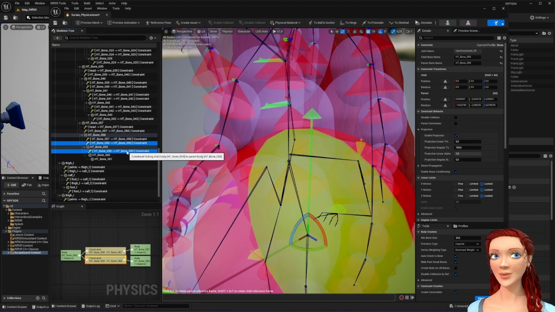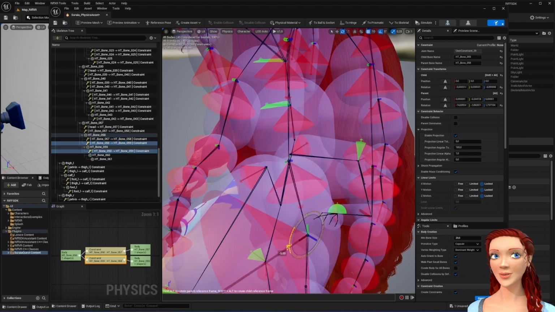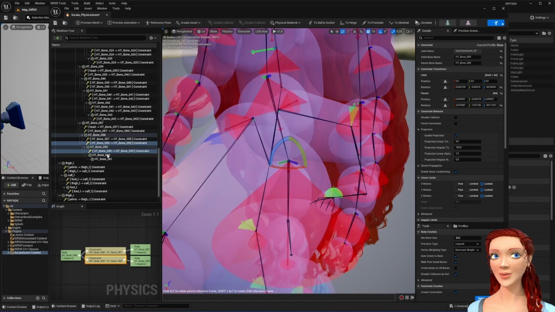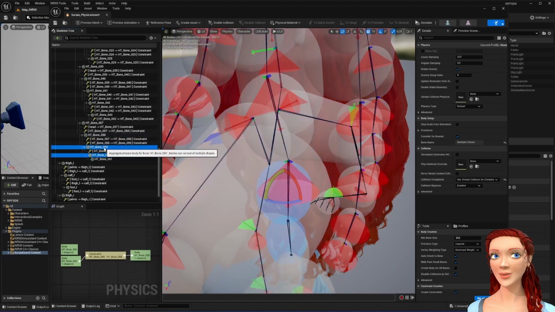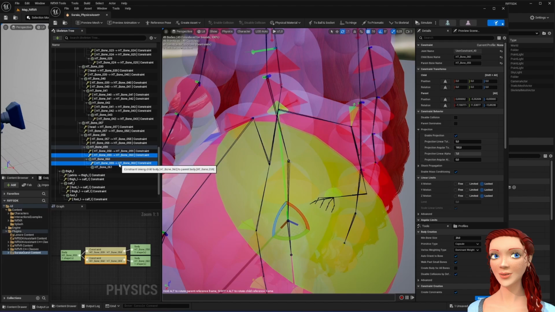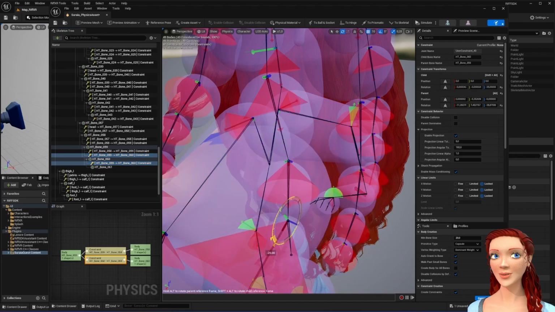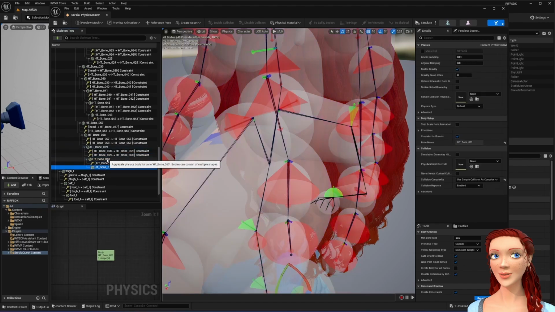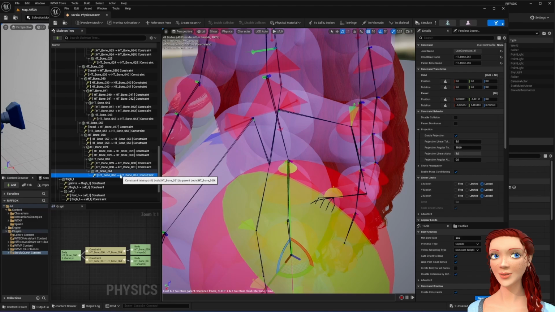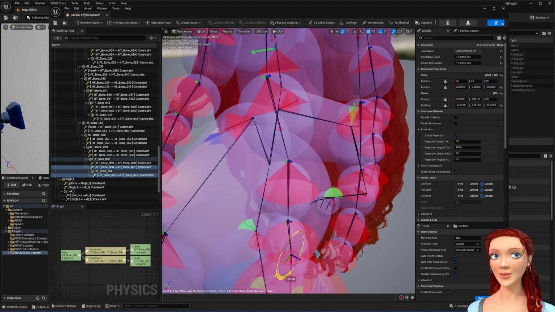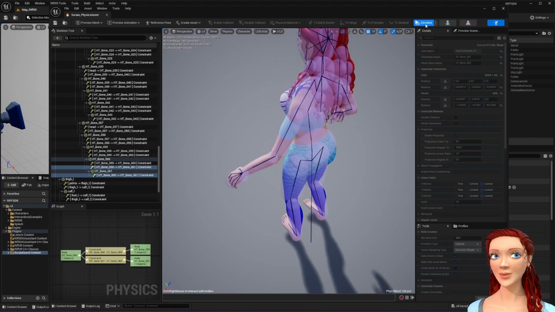Control Y. Control V. Rotate 90 degrees. Select, Control Y, Control V. Rotate 90. And then the last one, Control Y, Control V, rotate 90, and save. So now if I go and simulate,